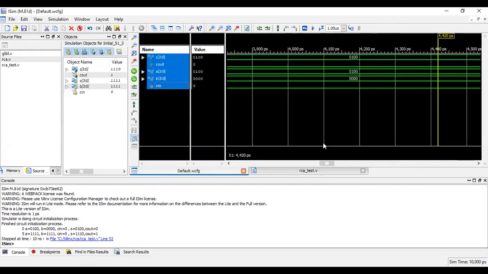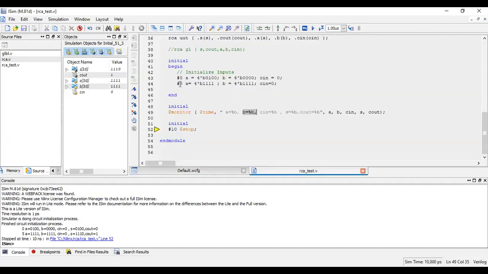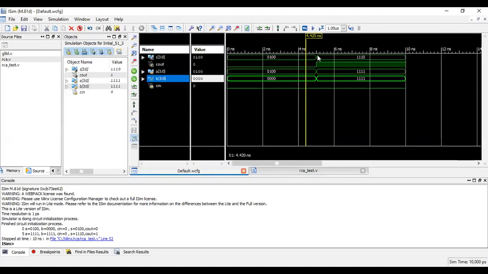There is a mouse window, you can move that. Okay. So the first one was 0100 with 000 from 0 to 5 time units according to the test bench. From 5 to 10 is the second value.